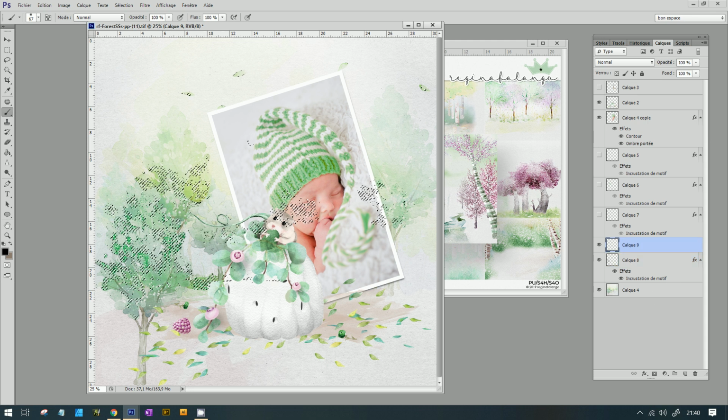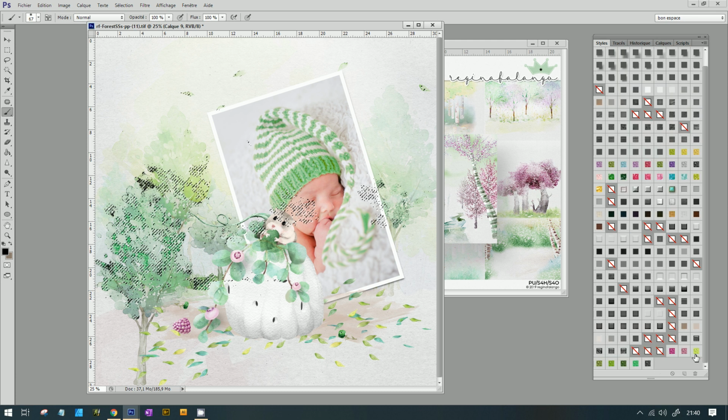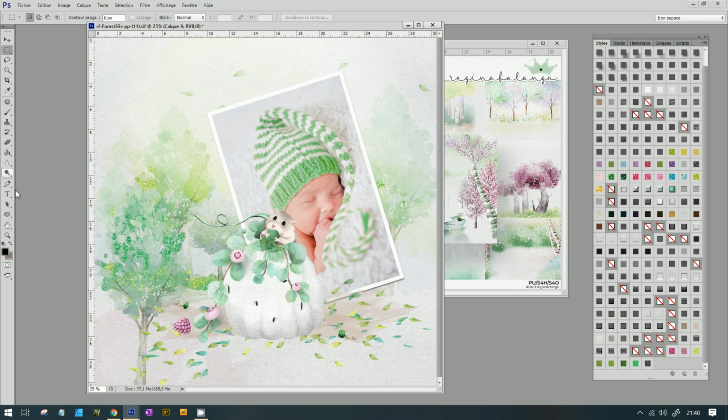A little black here. Don't draw on the baby, please. And the shoes. Another green yellow. Voilà.